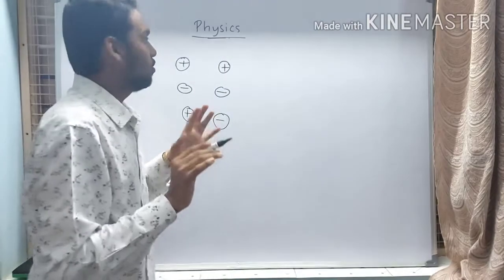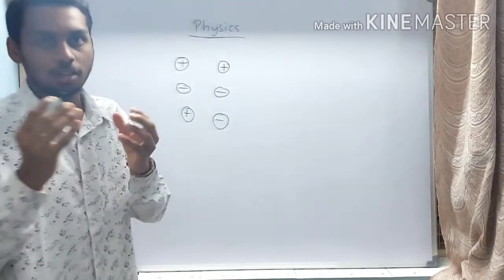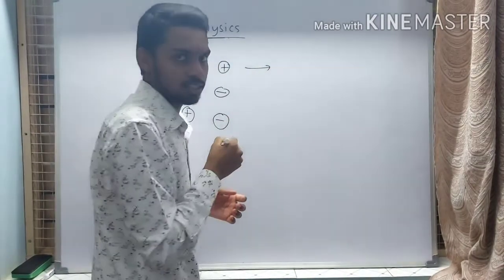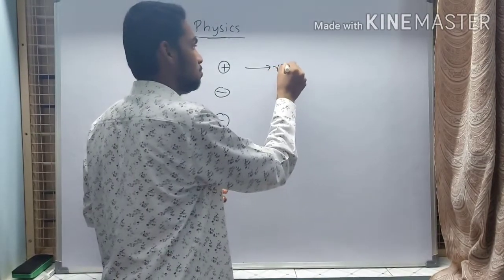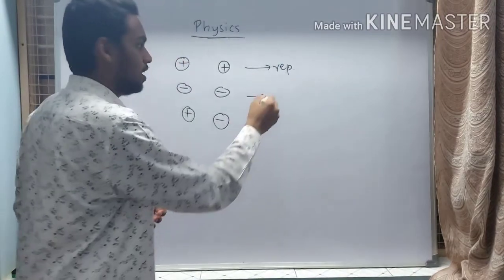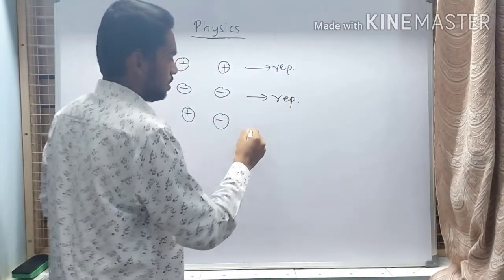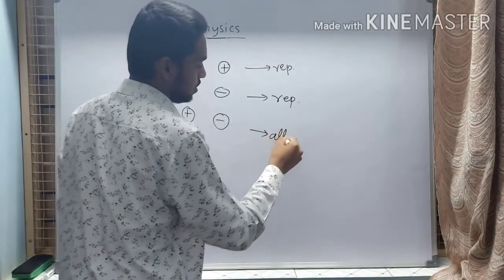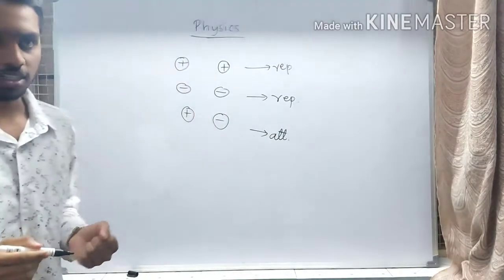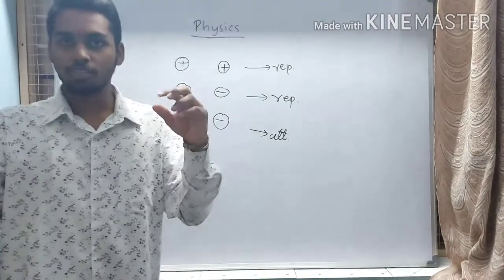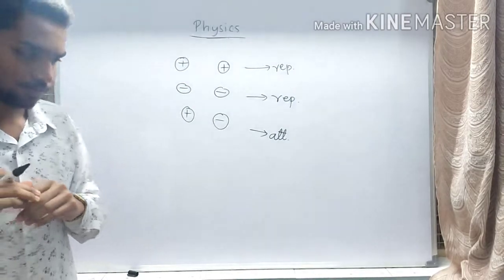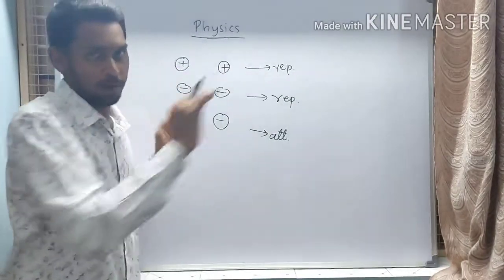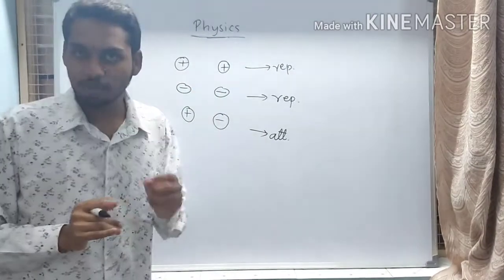We know that when we bring two charges close to each other, we get either attraction or repulsion. In this case, yes, you guessed it right, it's a repulsion. Here again, it's a repulsion force. Here, the opposite charges always attract, so we can say that there is attraction between these two charges. When I bring these two charges, then those two charges are going to attract each other. What may be the factor which is bringing them together or moving them apart? There must be some force acting between them, right?